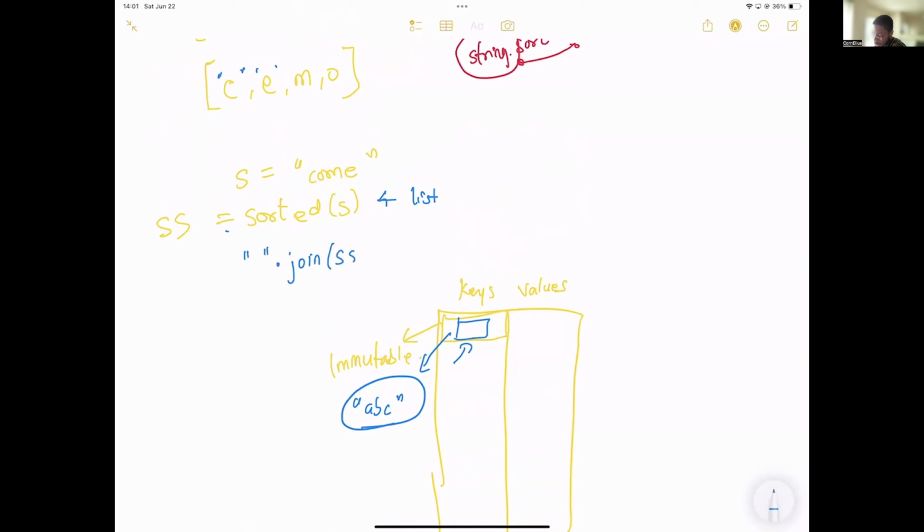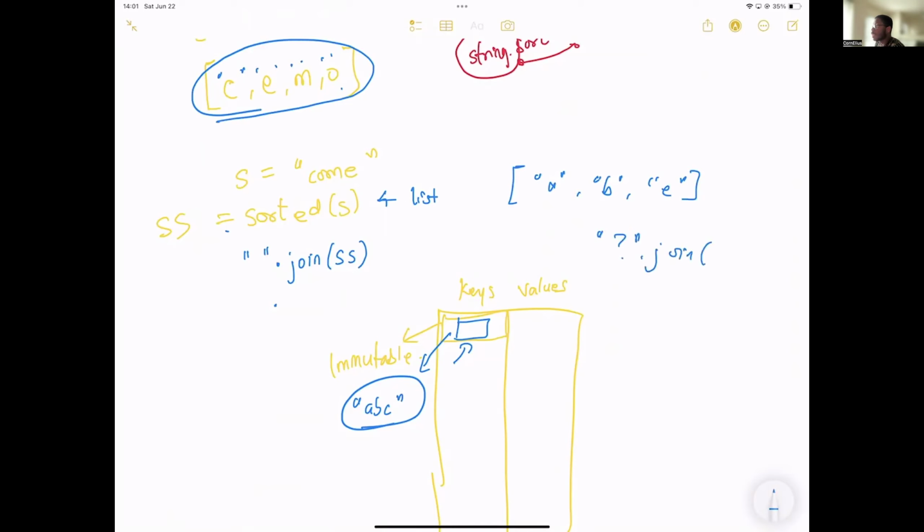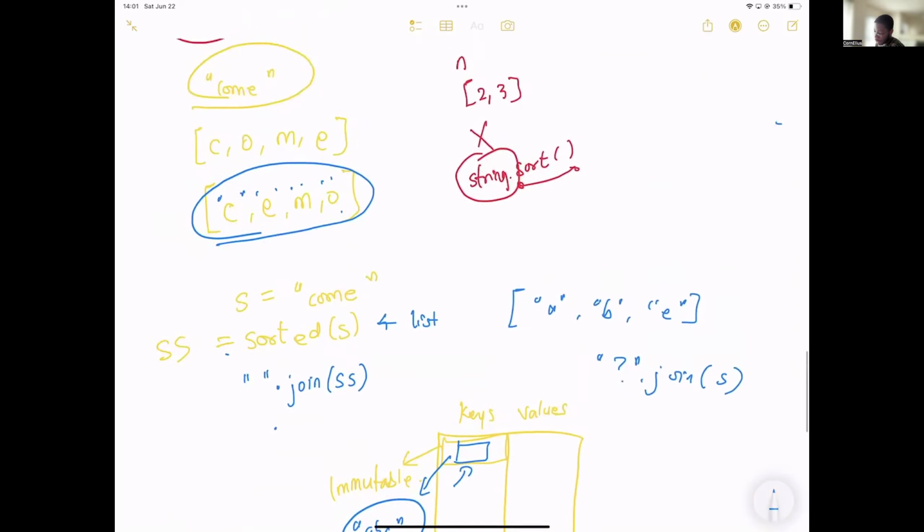Then you pass your list to it, like this. What this will do is, to convert it to a string, it will take all these strings inside your list and join them together using the empty string, right? If you want to join, let's assume you have a list like this. Let's say A, B, C. And you want to join all of them, but you want to separate them with, let's say, a question mark. What you do is you write the question mark like this, then dot join. Then you pass your list to it, right? Okay. So now let's come back to this.